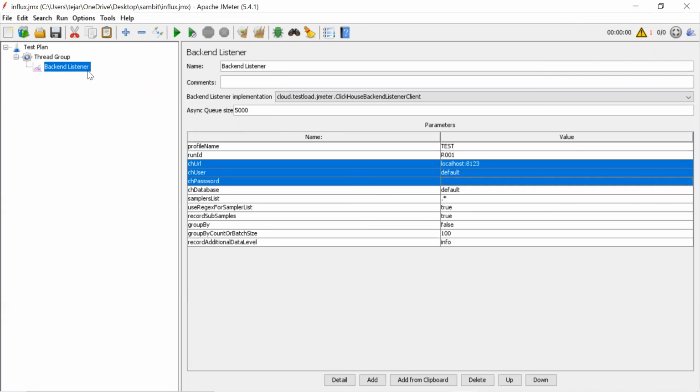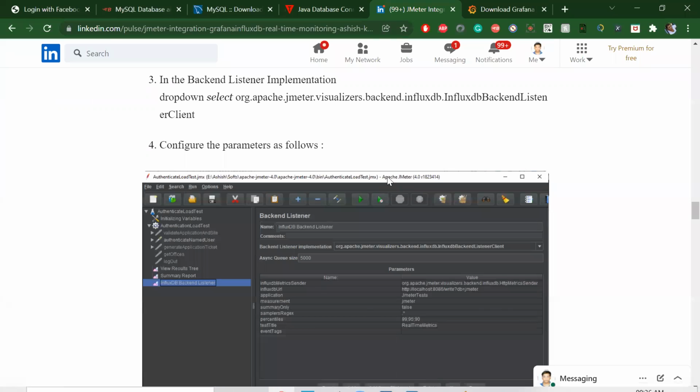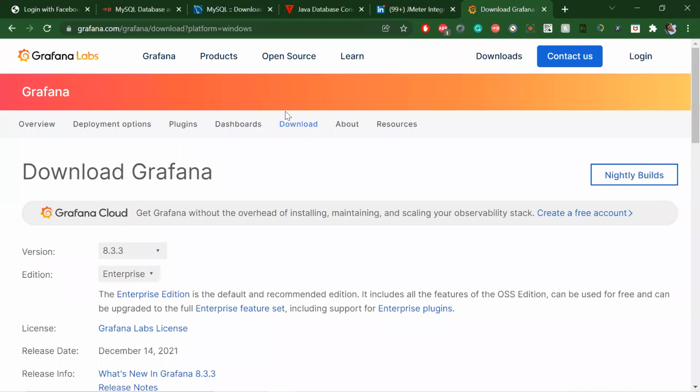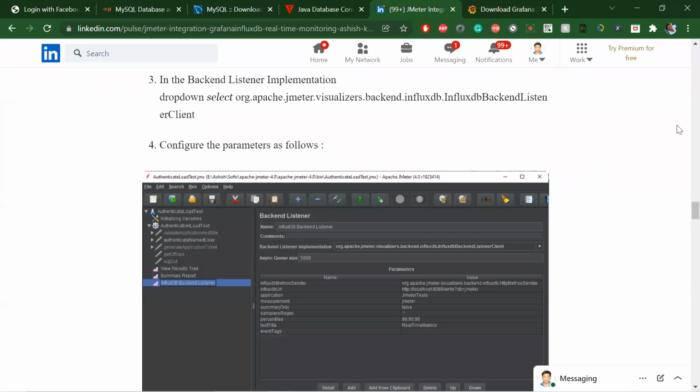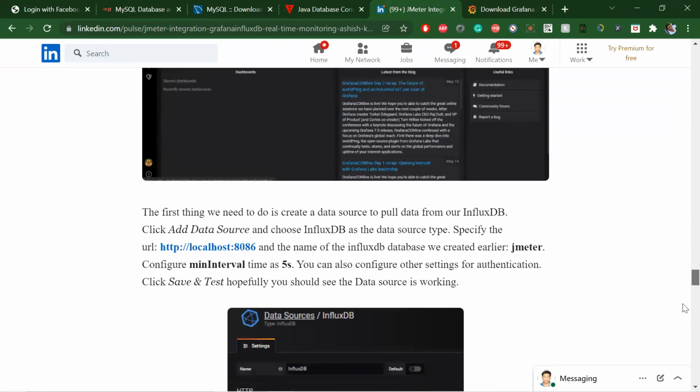Whatever number of tests you run, everything will be creating entries in the DBs. If you run 100 users, whatever the records, based on the timestamp, it stores everything there. Once we go to that, then we need Grafana or something, right? Or you can create it manually. Let me show you the graph. Like this. Let me show.